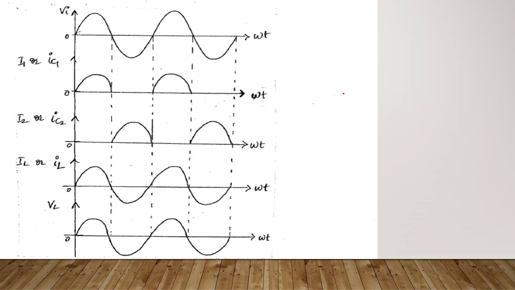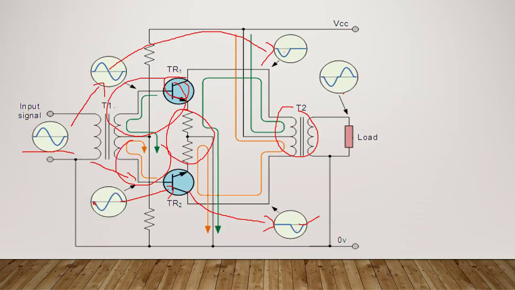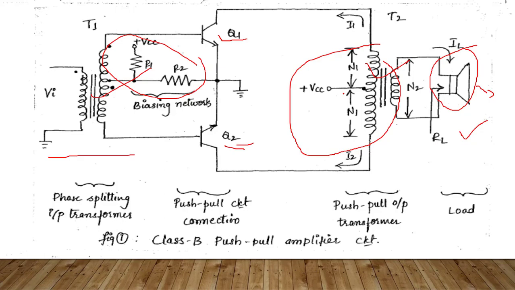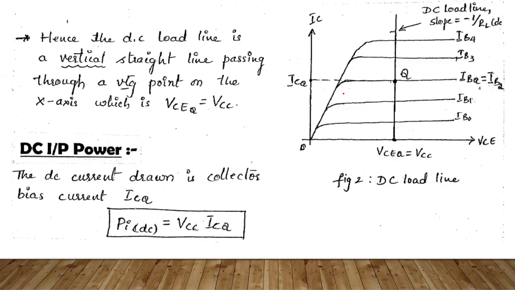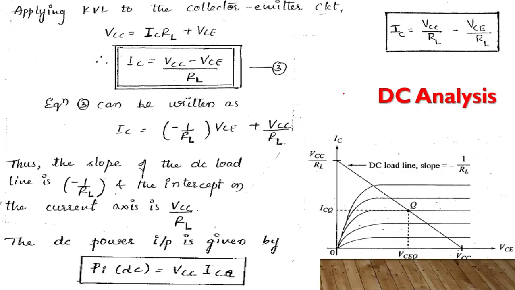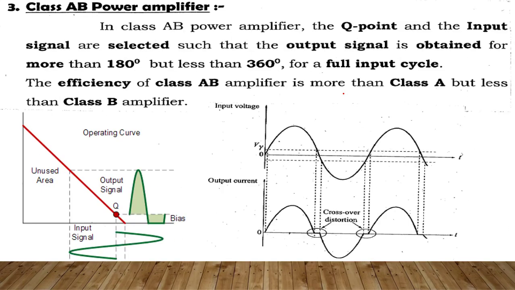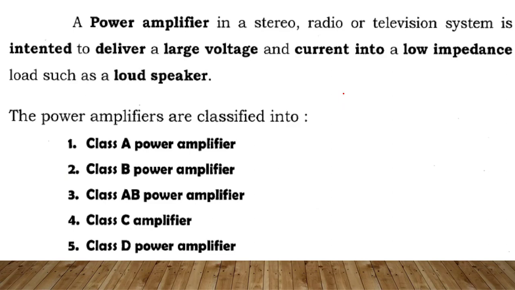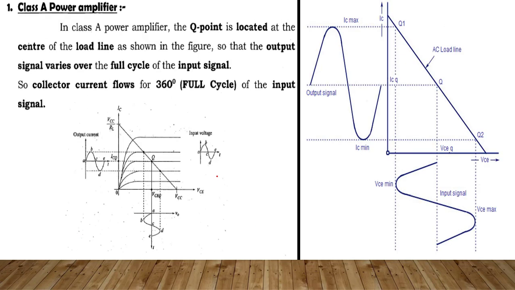Okay, once you understand class B, the calculations are the same as the previous. Next class we will discuss that. Okay, now I will give the summary about this power amplifier. A power amplifier is nothing but amplifying the power of a signal. We usually have 5 types, but in our syllabus only 4 types: class A, class B, class AB, class C. All depend upon where the Q point is present. If the Q point is in the middle, it is called class A and I am getting the full 360 degrees.